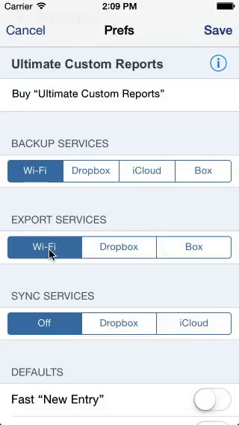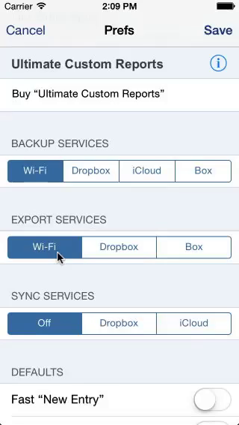Now with export, you can export via Wi-Fi, Dropbox, or Box. You can't export to iCloud for the very reason that with iCloud you can't see the files. It's sort of invisible. With Wi-Fi, what that does is allows you to send the files via Wi-Fi. We talk about Wi-Fi in the backup and restore video, where we show how you do it, and you might want to look at that, but for time we're just going to talk about it. Wi-Fi allows you to send the file via Wi-Fi to your desktop computer, PC or Mac,